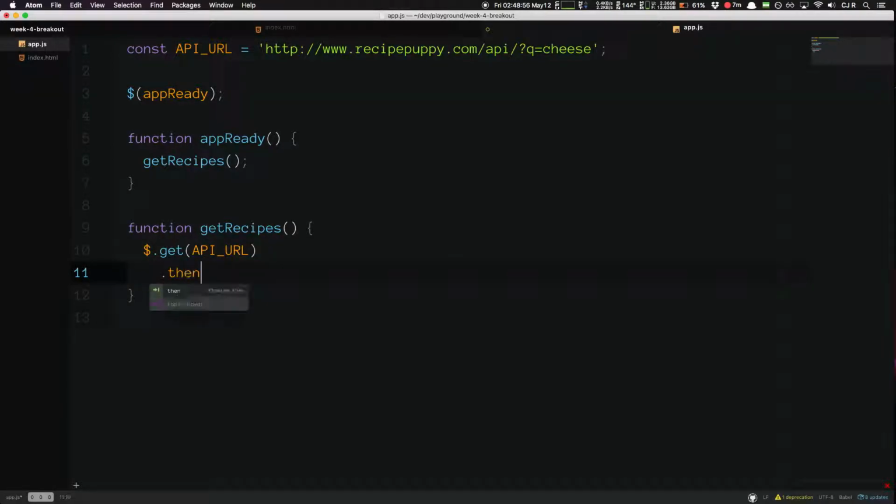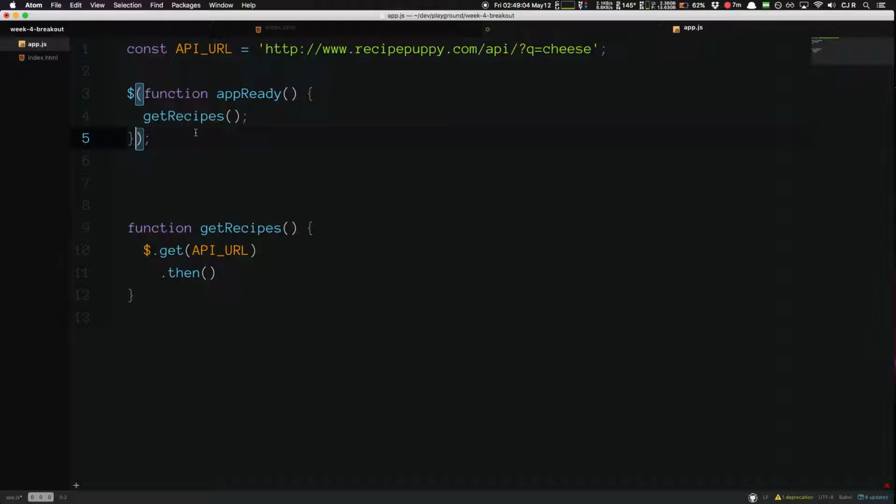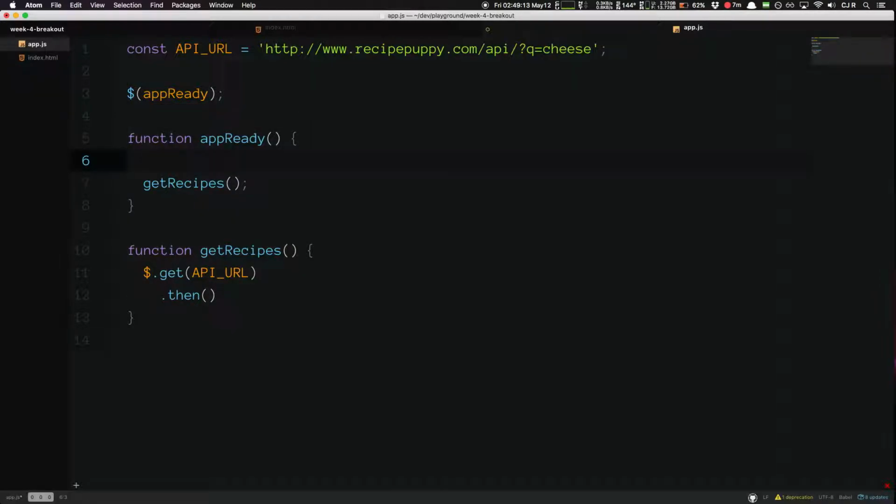Is the $ sign appReady, is that like a document-ready? Yes, so this is the same as doing this, which is the same as doing $.ready. The shorthand there is you just pass a function in, and that function will get called when the app is ready. So I could log right here, hello from jQuery. Okay, so get the recipes, and